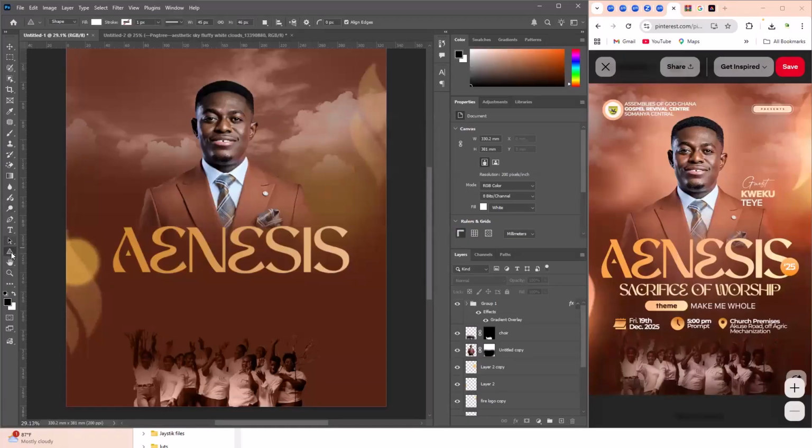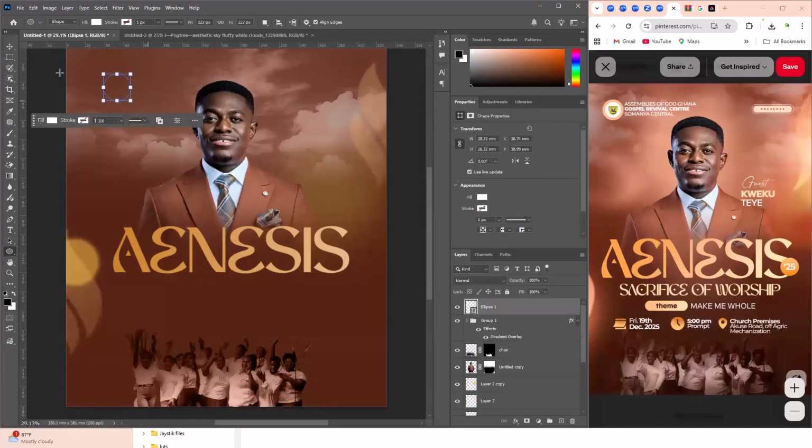So for the circle, you right click, then use the ellipse. You hold on your shift for you to be able to draw an even circle. So you see when you just click, the circle is not even. So when you hold on shift, you should get the even circle. So let's say this side should be okay. Then